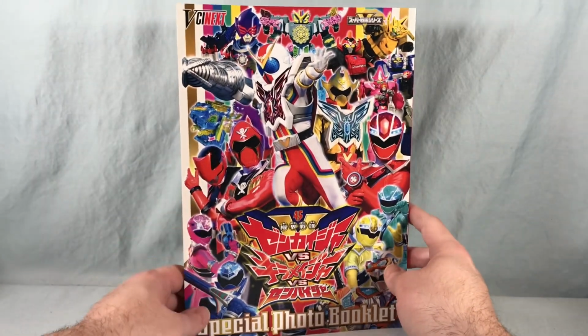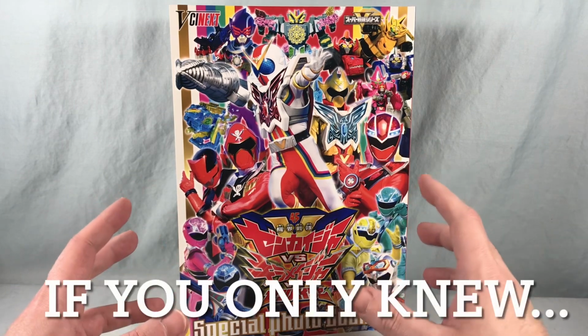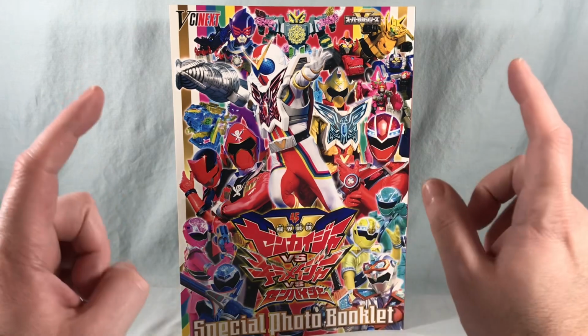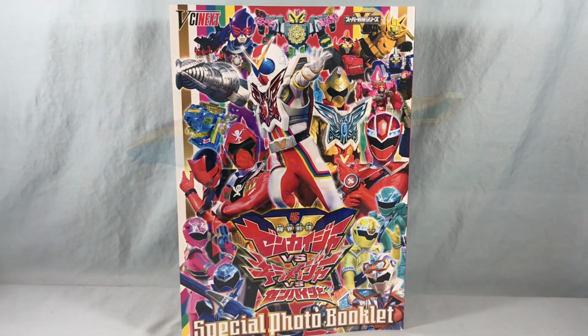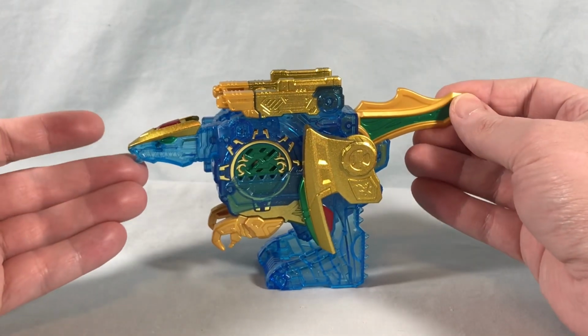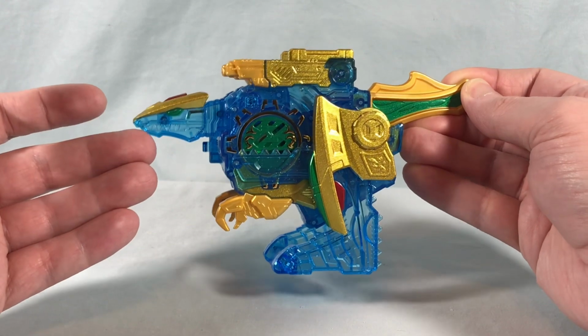But let's go ahead, and now we will get the DX Kiramei. I'm going to keep screwing this up. Kirameki Zenkaiju gear. It's a bit of a mouthful. Let's go ahead and get that out of the box so we can take a closer look. Here he is out of the packaging. He looks pretty great. As you can tell, it is a translucent blue version of the Zenkaiju gear with some